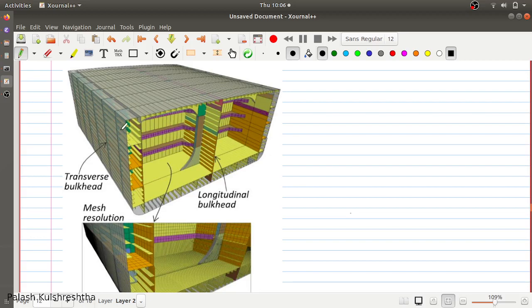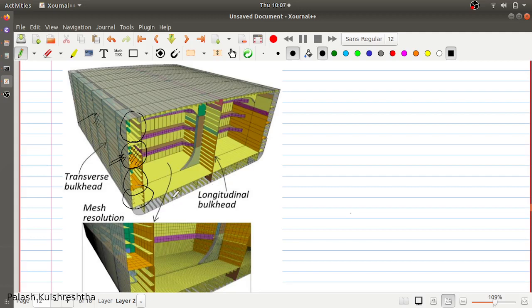We can see that the sides of the ship have been divided into compartments. If there is any damage here, water is just going to collect in this compartment. If there is any damage here, it is going to collect in that compartment.